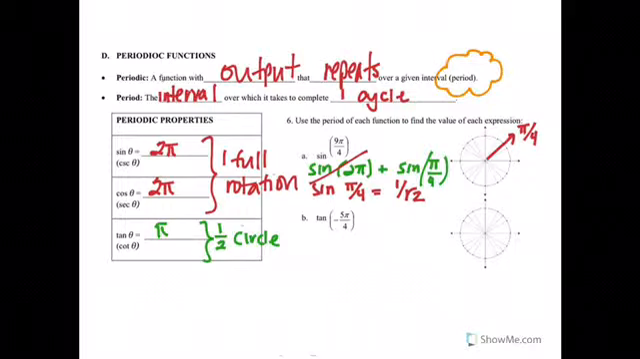Let's look at the tangent. The tangent of minus 5 pi over 4 is here. Right, go move backward. So this is the same thing as the tangent of minus pi